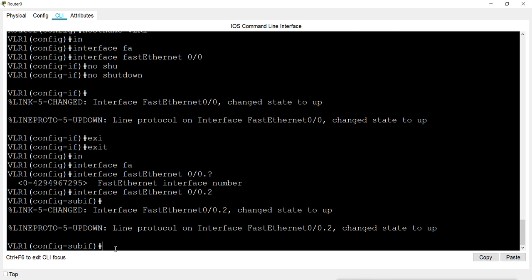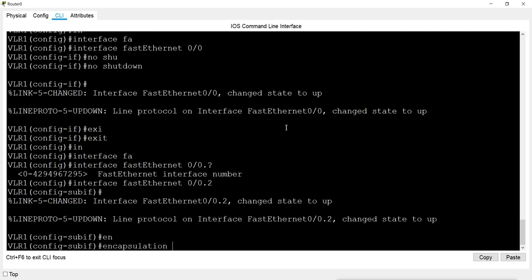Now what I have to do here, I have to configure the IP address that belongs to the VLAN network, which in our case for VLAN A is 192.168.1.100, and I will configure the interface to tag the data for VLAN 2. That means any data which is going out of this interface must be tagged with VLAN ID 2. So I will give command